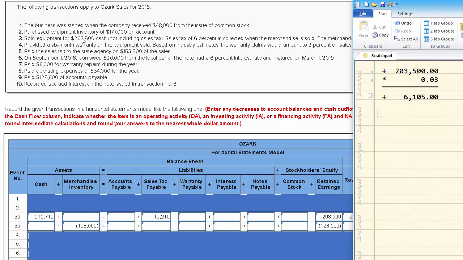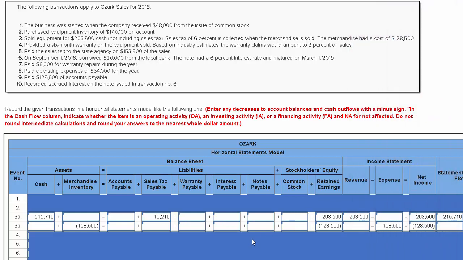for transaction 3, and we take it times the 3%, which is the warranty estimate. So we're estimating of the $203,500, we're going to have warranty claims associated with those dollar sales equal to $6,105. Okay, so if we slide this out of the way now,